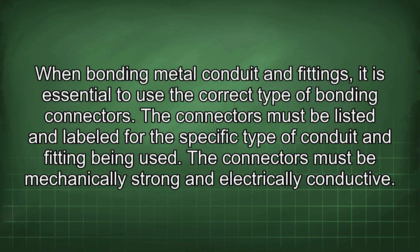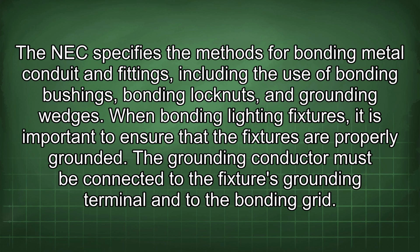When bonding metal conduit and fittings, it is essential to use the correct type of bonding connectors. The connectors must be listed and labeled for the specific type of conduit and fitting being used. The connectors must be mechanically strong and electrically conductive. The NEC specifies the methods for bonding metal conduit and fittings, including the use of bonding bushings, bonding lock nuts,